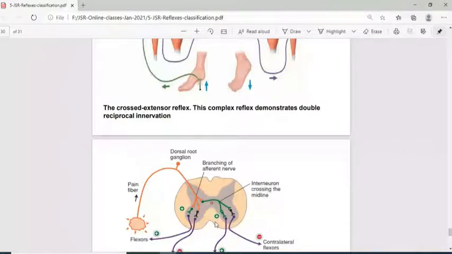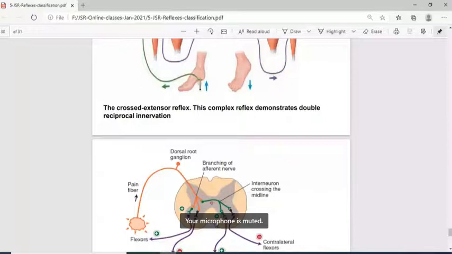Then, depending upon which jerk you are doing, if you are doing knee jerk, ask the patient to be cross-legged. If you are doing examination in a patient who is in a seated position in a chair, fine. If you are examining a patient on the bedside, then you can do without the patient having to cross the leg. Okay, then feel for the patellar tendon. Put your hands on the quadriceps muscles, so that you can feel the contraction, and tap with the percussion hammer on the patellar tendon. Then you will feel the contraction on the quadriceps muscles if the reflex is elicited.